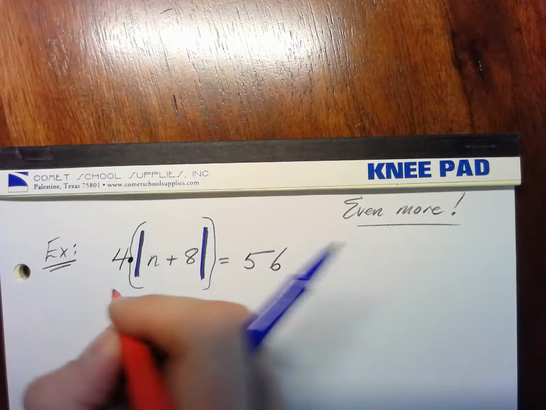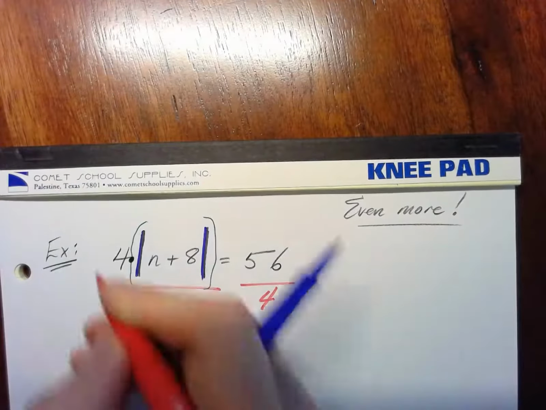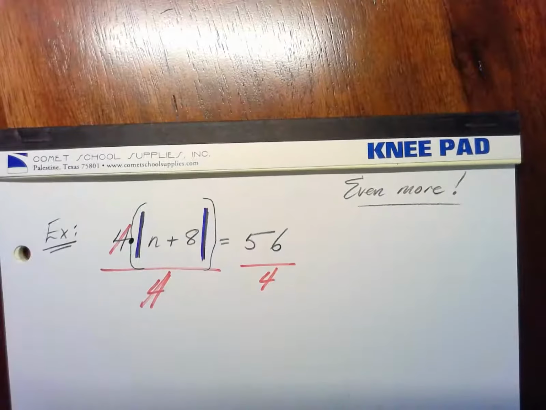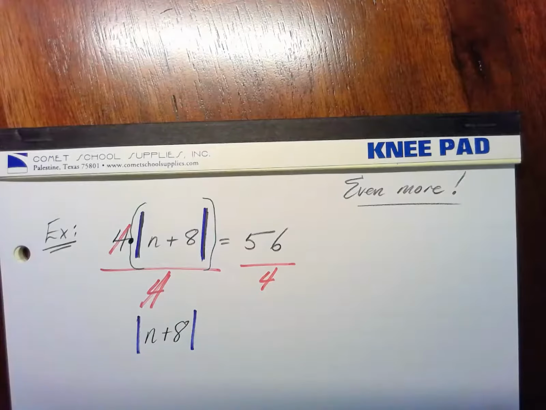So of course we have to get rid of the 4 because it's not part of the absolute value. And so the 4's are going to cancel. I'm dividing by 4 here, and so then I'm going to have n plus 8, and all of that is wrapped in absolute value, and then it equals